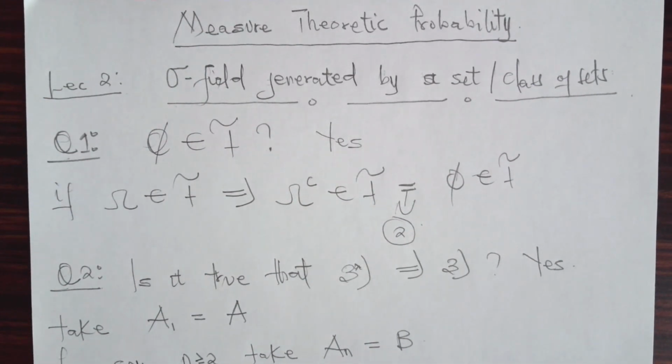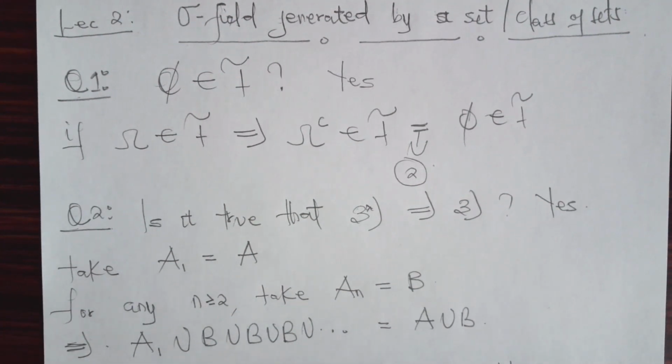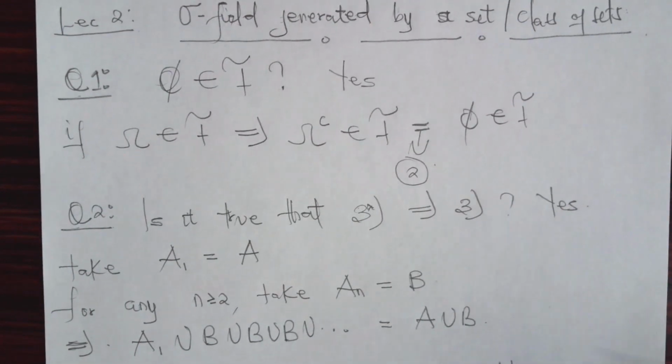Our aim is to show that our countable union is equal to our finite union. So now, let's take A1 to be A, and for any n greater than or equal to 2, we take An to be B. This implies that A2, A3, A4, A5 up to infinity are all equal to B. Now, by countable union, A1 union A2, A3, A4, and so on. Since A2, A3 up to infinity are all B, if you union the same sets together, you get the same thing. So A1 union B union B union B up to infinity gives us